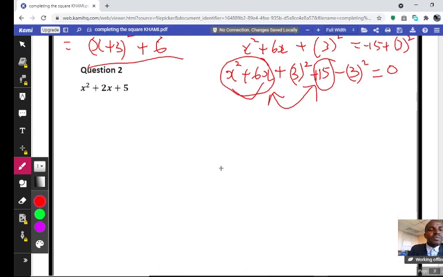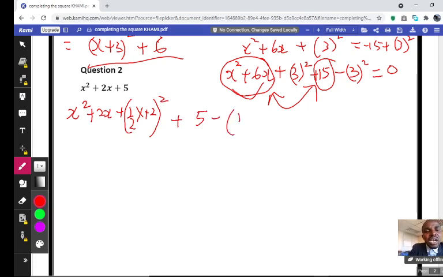Question number 2. We want to complete the square based on this question. X squared plus 2x plus 5. You apply the same rule, the same concept, right? On this one as we have applied before. So you say x squared plus 2x. Then to this one you add half the coefficient of x, which is plus 2. Then you square it, plus, then to this one, which is a constant, you subtract half the coefficient of x,